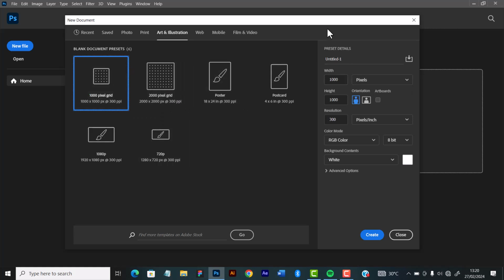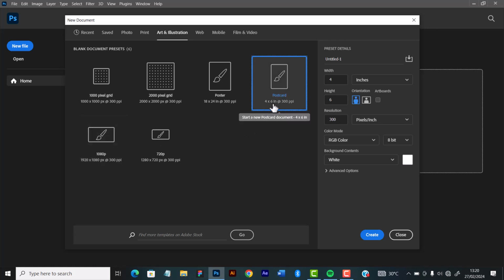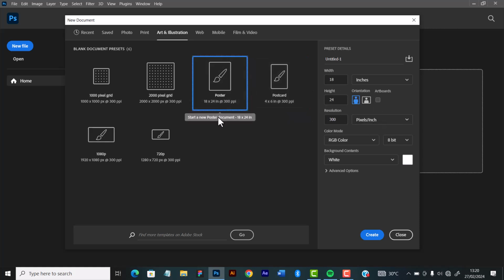So you can still, as usual, just come down to the width and height and change your options from here. But these are basically the default sizes that Photoshop gives us. So here, these are for posters, for postcard. This one is 4 by 6 inches, 300 resolution. The other one is 18 by 24, and